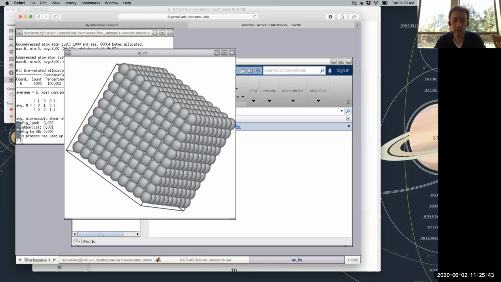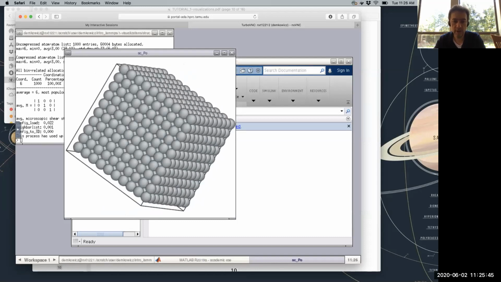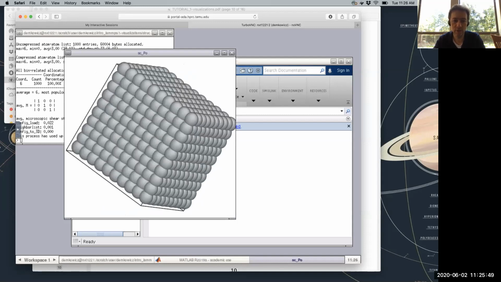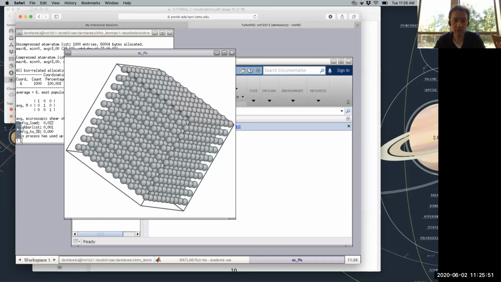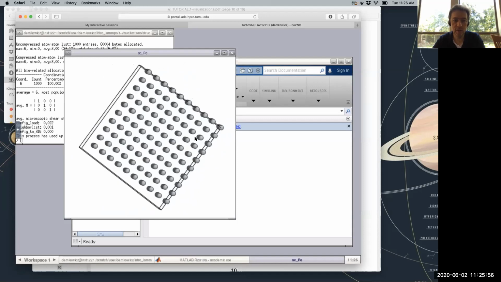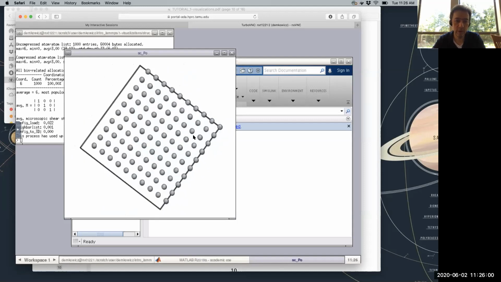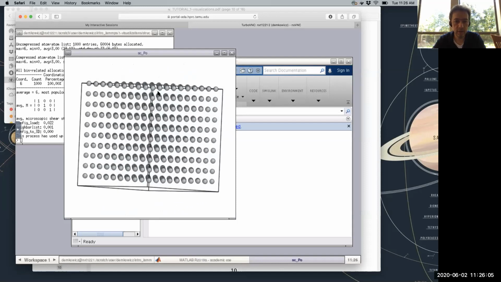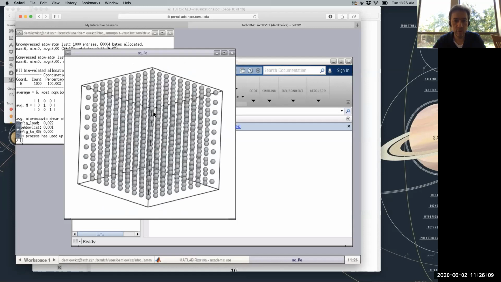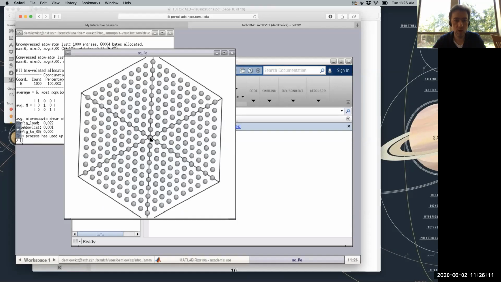I'm pressing function down, and that allows me to change the size of the atoms. You don't have to do this if you don't want to, but if you do function down, you can make the atoms look a little smaller. And so then you can very clearly see that this is a crystal. Here I'm looking along a 100 type Miller index direction. Here I am looking along a 110 type Miller index direction. And if I rotate it like this, I can look down a 111 type Miller index direction. So this is a crystal.